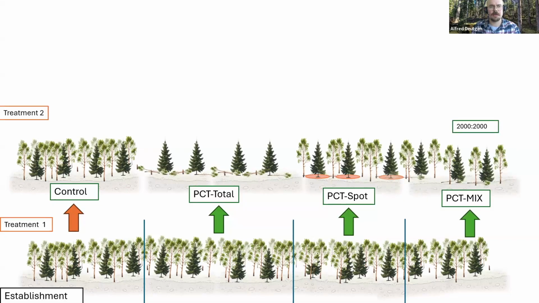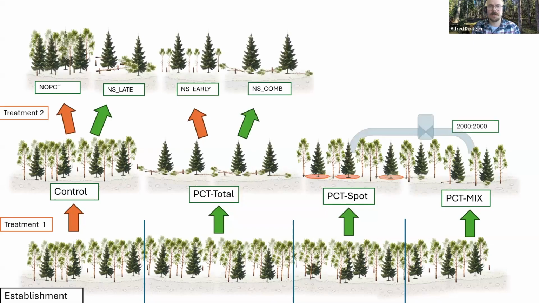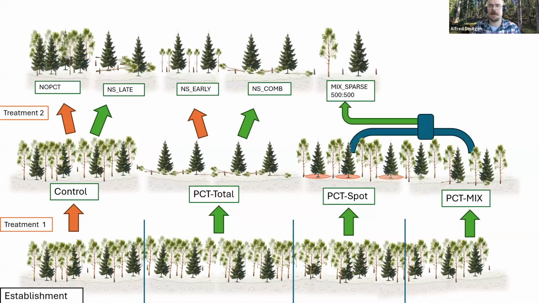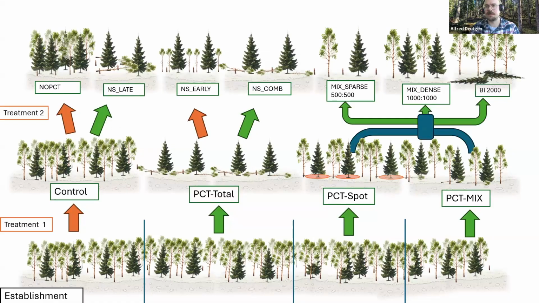Then we do the second treatment, which is do nothing. We remove the birch from the control. We let the birch sprouts come up. We remove the birch sprouts. We merge these 2 together, and then we have a sparse mixture. So we keep 500 of the biggest stems from each species. A dense mixture, we keep the larger 1,000 stems, and also one where we remove the spruce in favor of